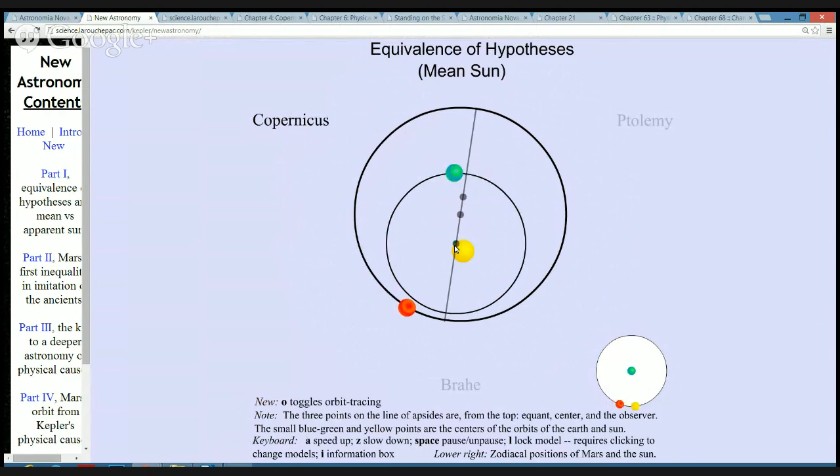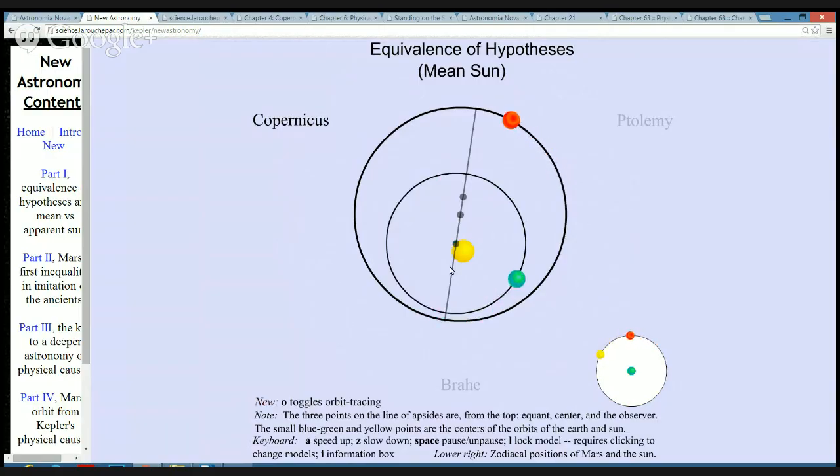So when Copernicus is calculating planetary orbits, they're not based on the sun. None of the orbits of the planets, their lines of apsides, have to do with the sun at all. They're all actually based on the middle of the Earth's orbit. You might say, why would Copernicus still make his system centered on the Earth instead of the sun? We're going to get to that too. He didn't have to. Kepler was the first person to actually use the sun.